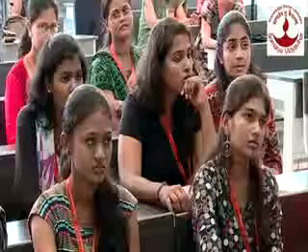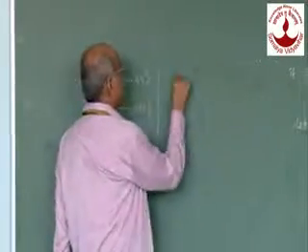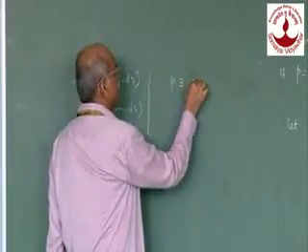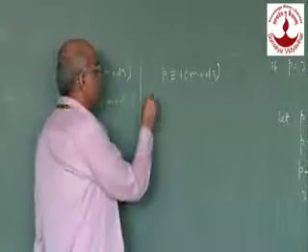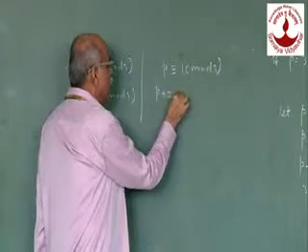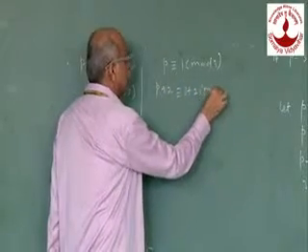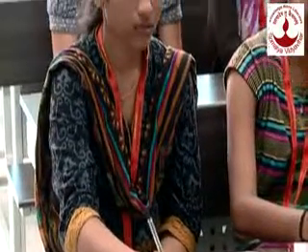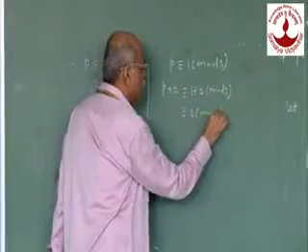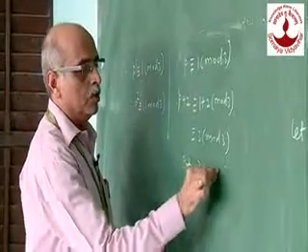Can you guess? If not, I will give the way. Instead of PQ, let us see. P is congruent to 1 modulo 3. We want Q. If I add 2 on both sides, what is this number? 3, which is the same as 3 modulo 3. But 3 is always congruent to 0 modulo 3.